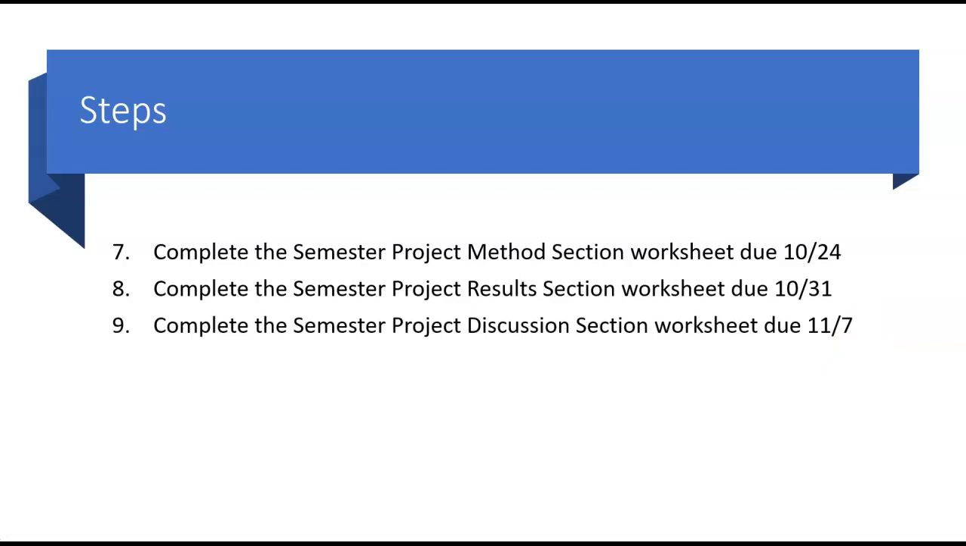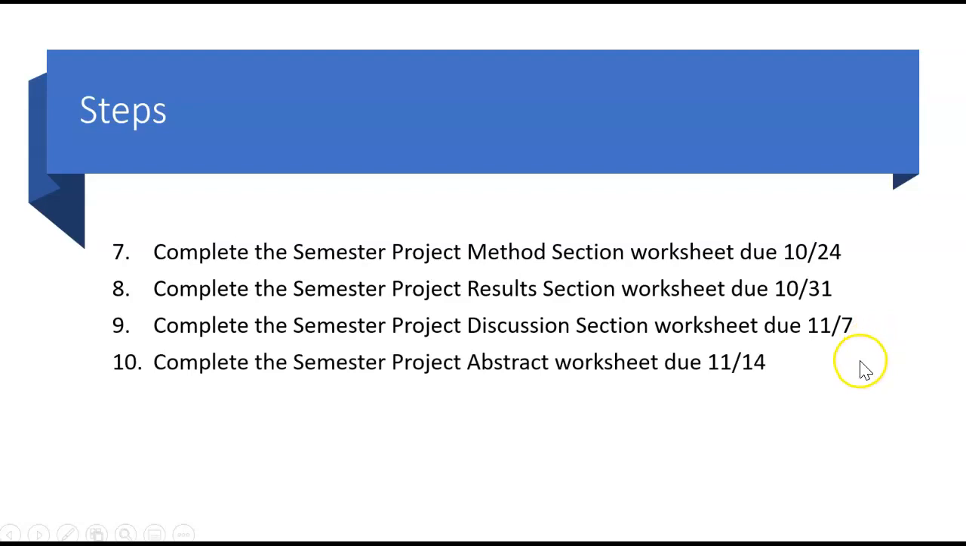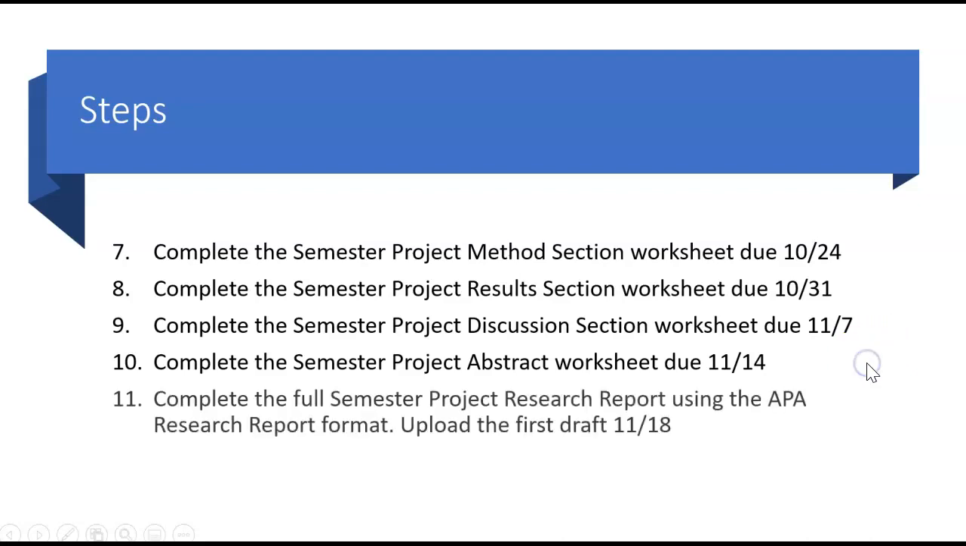The next step that's due November 7th is writing a summary, what we call an APA style discussion section. Then, even though it appears first in an APA research report after the title page, you should always write your abstract last. So the abstract worksheet is due on the 14th,